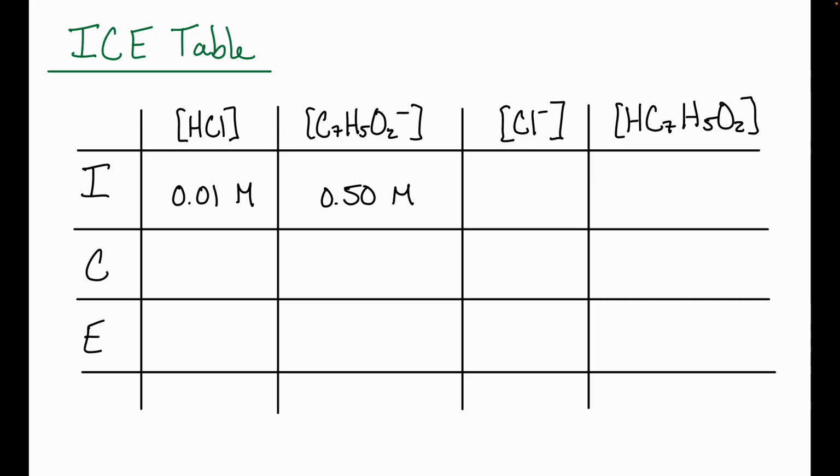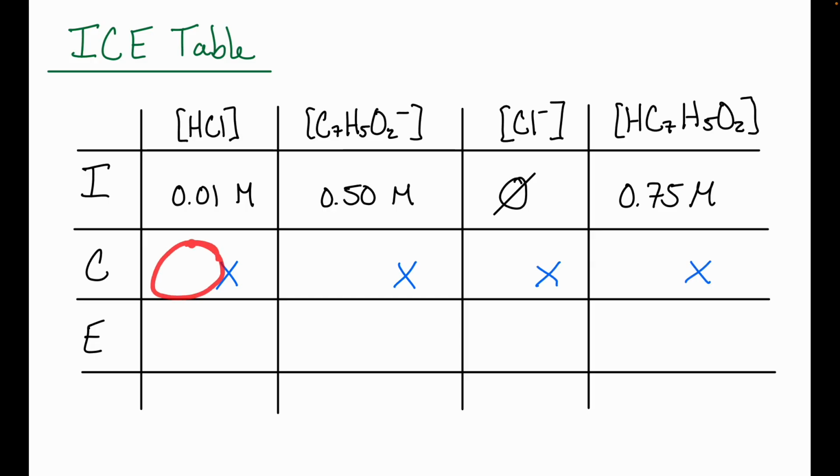I'm combining my 0.01 molar HCl with my 0.5 molar of my conjugate base. I don't have any chloride yet because no reaction has occurred, but do I have any of my weak acid in there? Yes, because this is my buffer solution, right? I had some of that when I started out. So that's my 0.75 molar. My C box, that variable,